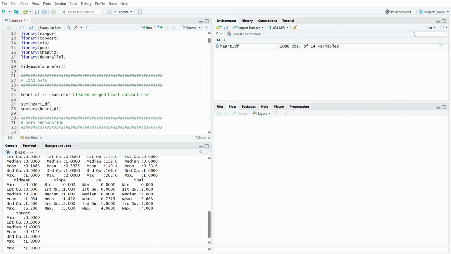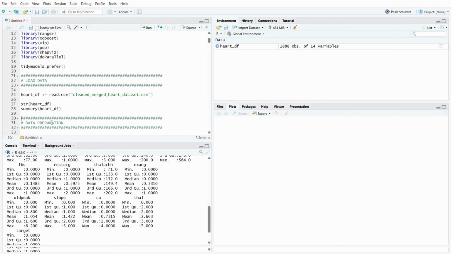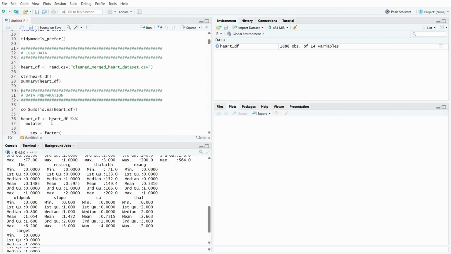Finally, the target variable has a mean of approximately 0.52 and a median of 1. This indicates that about 52% of the observations correspond to patients with heart disease, producing a relatively balanced outcome distribution for predictive modeling. Having reviewed the structure and summary of the data, we can now move on to data preparation